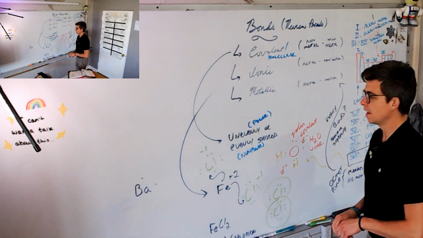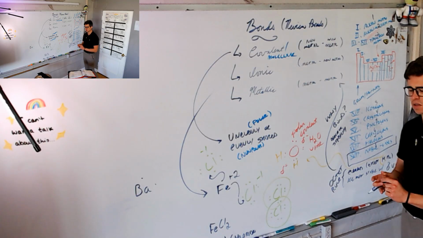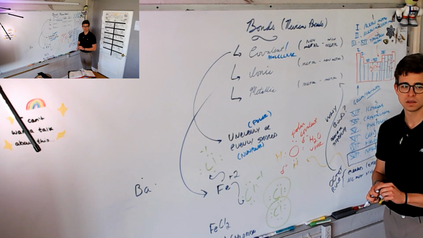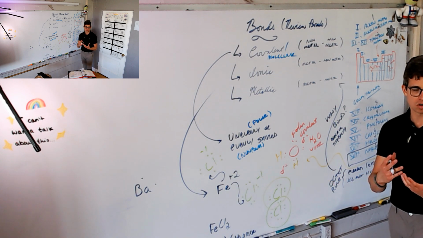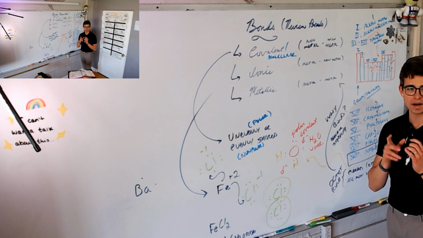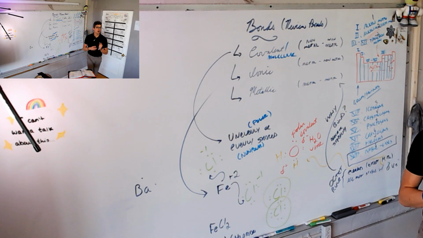Sometimes covalently bonded groups of molecules can behave as an ion. Can you guess what we might call that ion? If we had an ion made of many atoms that are covalently bonded together, what might we call that ion? What kind of ion? Oh, polyatomic. A polyatomic ion. Which brings me to my next thing. We have a polyatomic ion quiz.